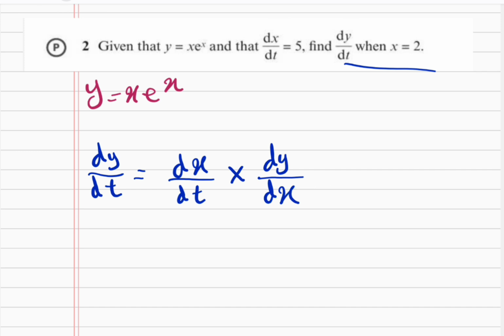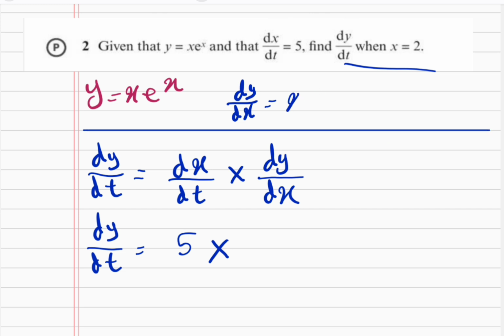Now it's time for substituting the values and the things that we know. So dy/dt is obviously the unknown. dx/dt is given to us, that's 5. Now, what about dy/dx? We don't have dy/dx, but we can find that because we have the function y is equal to x times e to the x. So dy/dx is equal to, using the product rule to find this, it's going to be